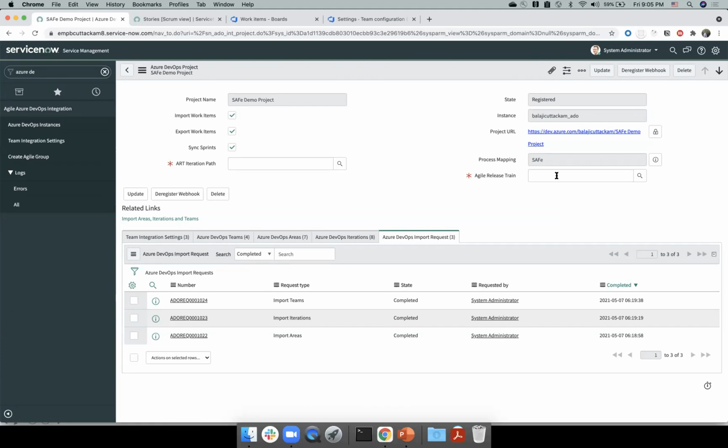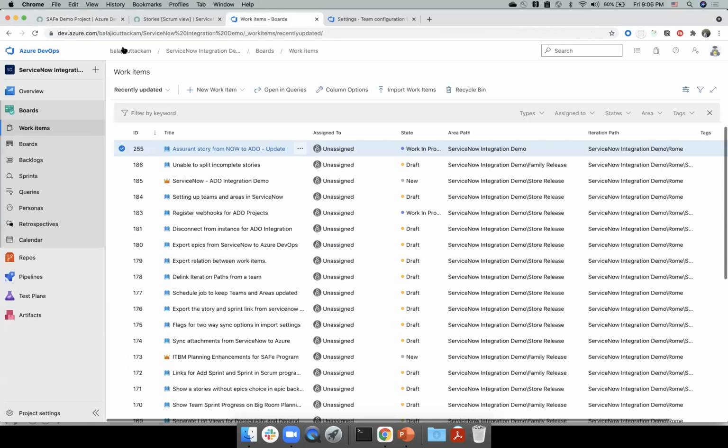So I have an agile release train created, so I'm going to provide that value. And we need to provide the iteration path, which is an equivalent of an agile release train in Azure DevOps. So what I mean by that is